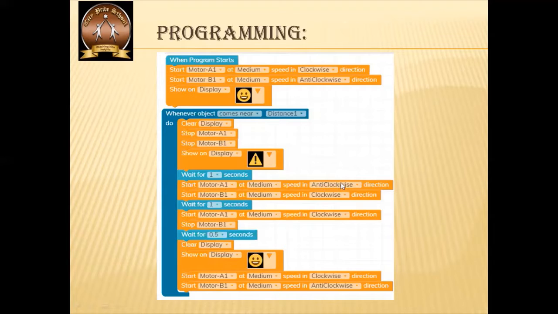For the backward direction, if in the beginning it was clockwise and anti-clockwise, for backward it should be anti-clockwise first and clockwise later. That means motor A should move in the anti-clockwise direction and motor B in the clockwise direction. It will go backward for 1 second and then take a turn.